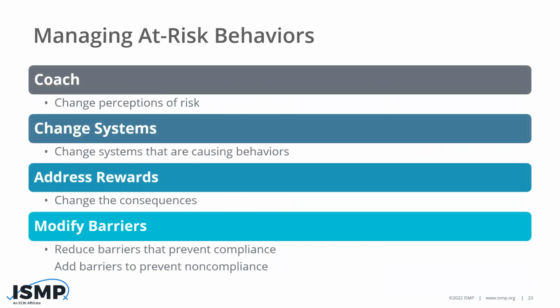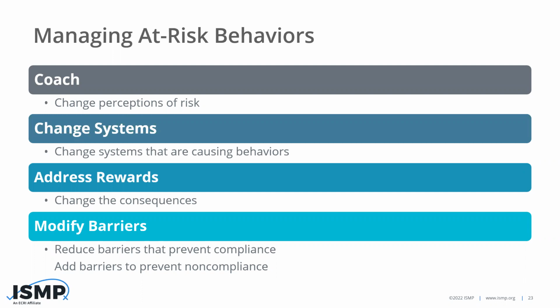So therefore, someone who engages in this type of activity, number one, let's go to the second bullet. First, you've got to figure out, well, what's leading to these behaviors? Number one says you need to coach that person to make sure they understand the risk that they took. Listen, this was an unsafe action that you did, and here's what could go wrong if you do that. So please try to adhere to following this process as an example.